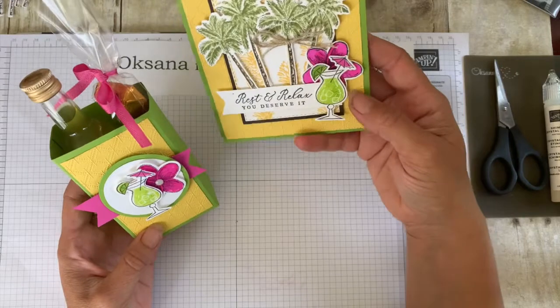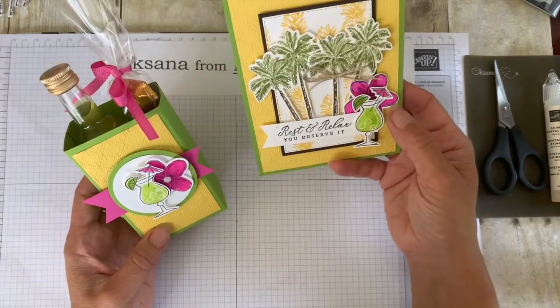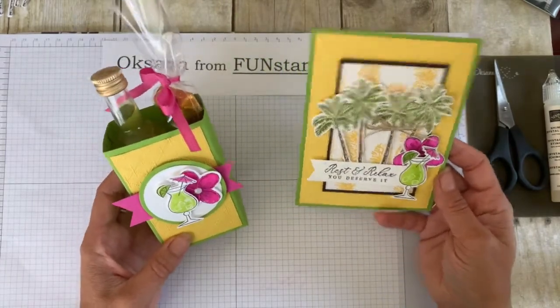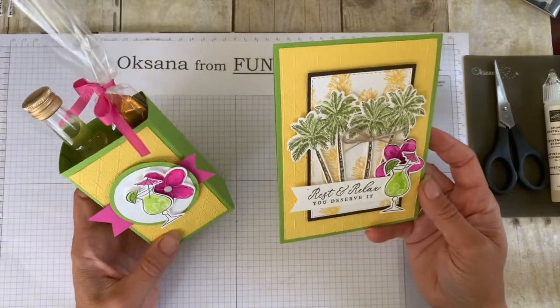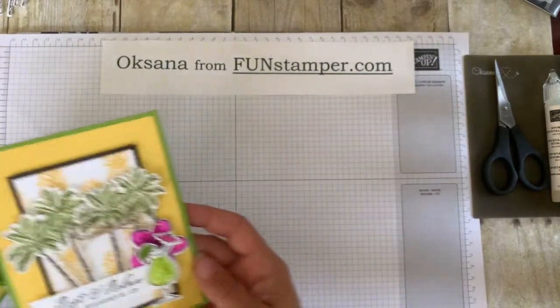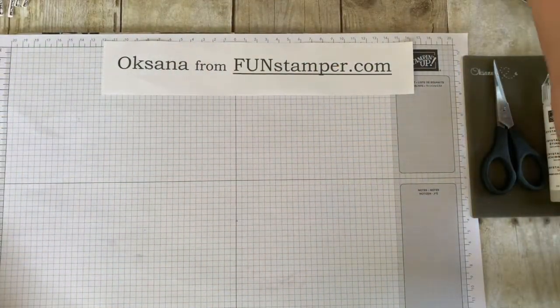Just love that little cocktail and the use of Magenta Madness color. Everything Magenta Madness makes me super happy. So let me show you how to make this fun project with just one sheet of Granny Apple green paper. So let me put it aside. So what you're gonna do, you're gonna start